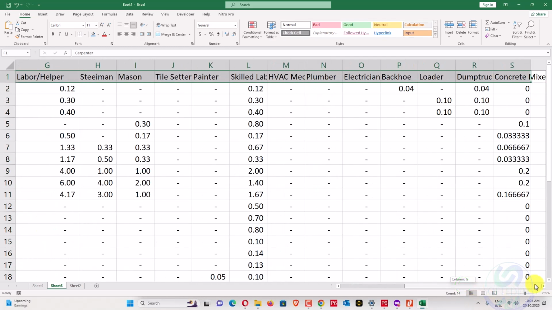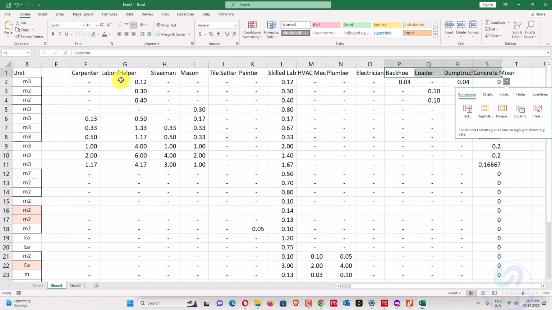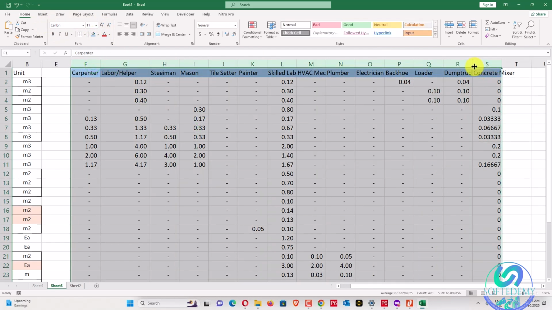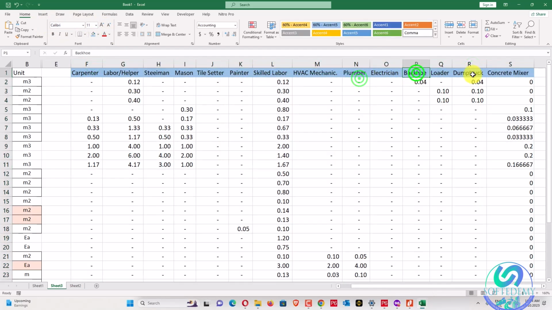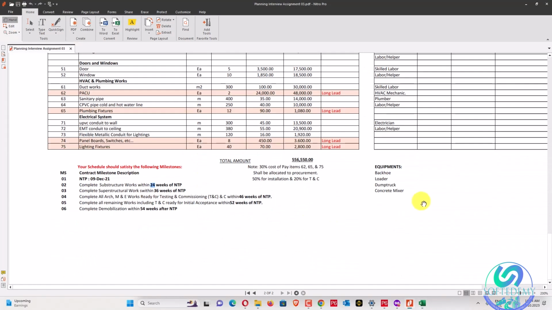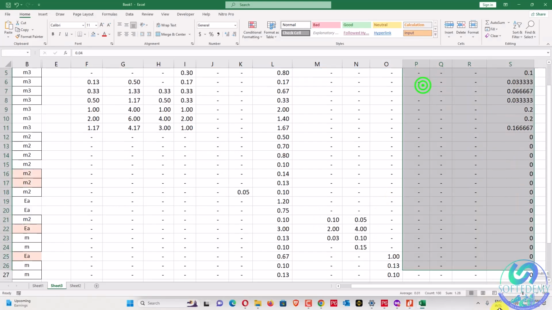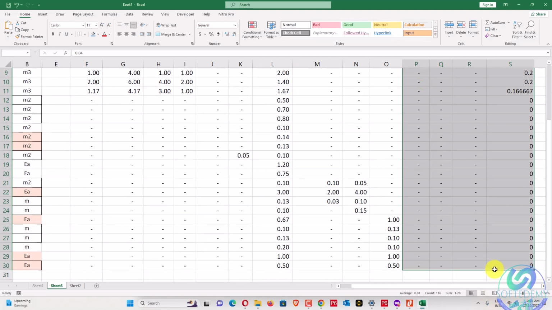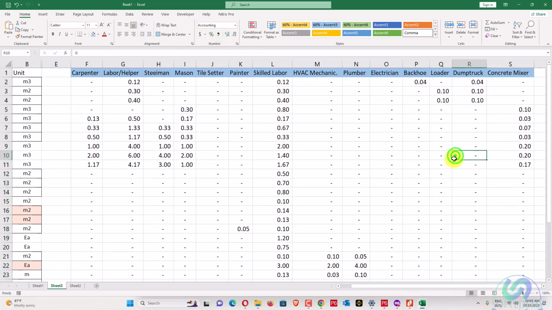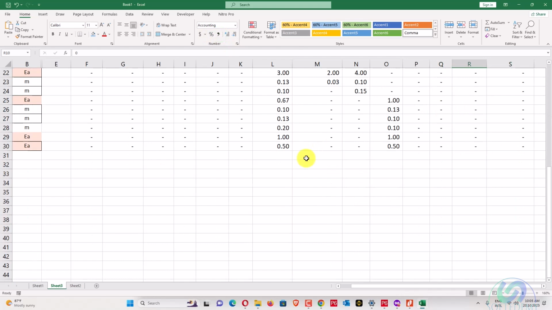You can see here this one: backhoe loader, dump truck. Why do we require them here? Let's zoom out and color this section. And now let's check this one. So backhoe loader, dump truck and concrete mixer we require because it has been written at the bottom of this video. You can see equipment required: backhoe loader, dump truck and concrete mixer. So I have already added their productivity also here. And now go here in the numbers and also add this one. So this one is 0.04 for 1 cubic meter. So the productivity has already been written.